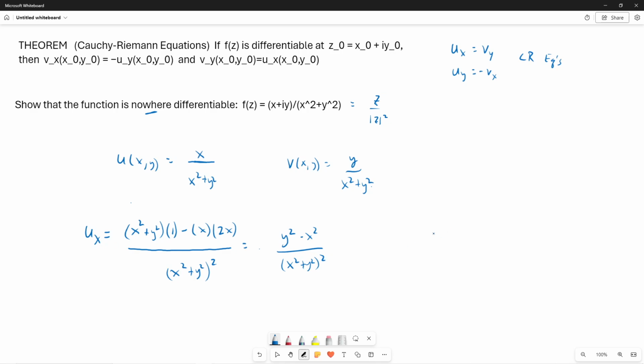That's u_x. And while we're at it, let's calculate u_y. We'll use the quotient rule again. It's the bottom times the derivative of the top. This time we're doing the derivative with respect to y, so the derivative of the top is 0. And then minus the top times the derivative of the bottom with respect to y, which is 2y, and then all divided by the bottom squared. And this is negative 2xy